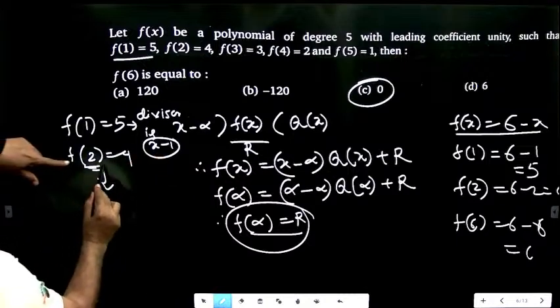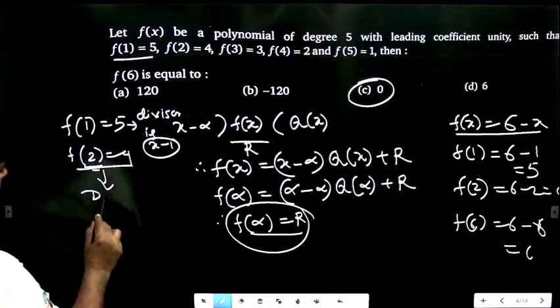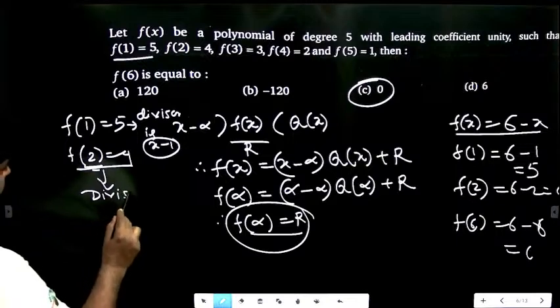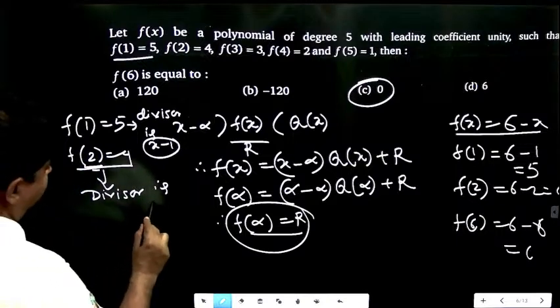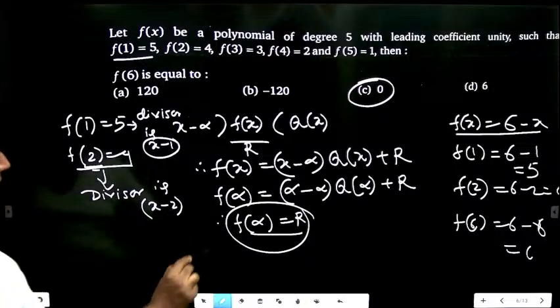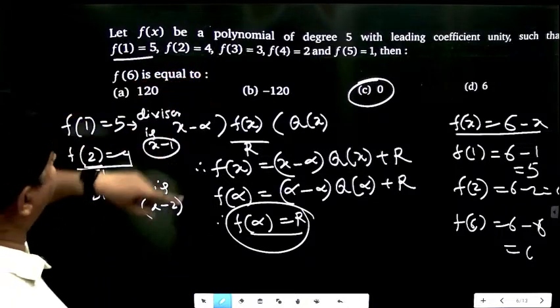Once you get this result, divisor is x minus 2. Once you get that result,